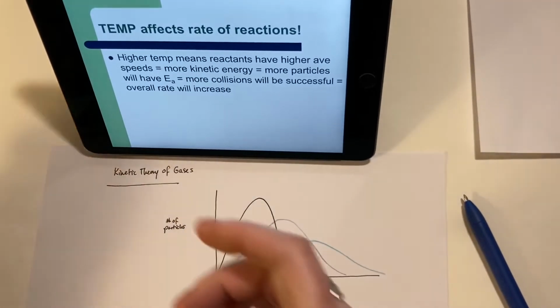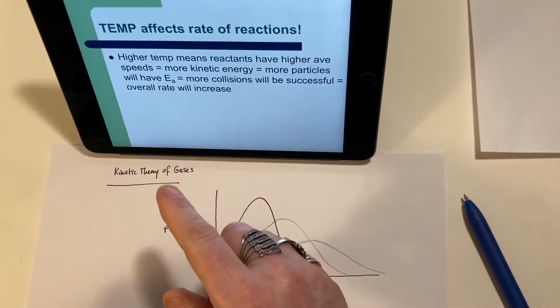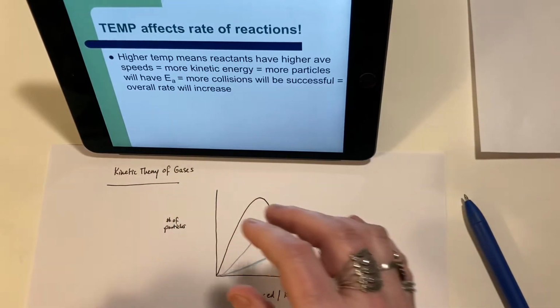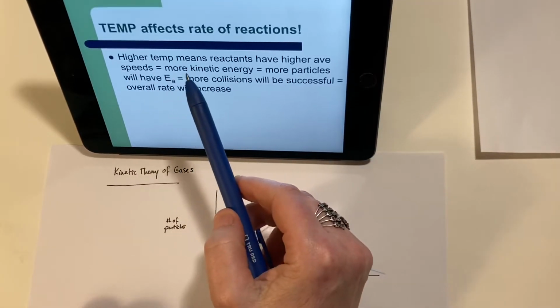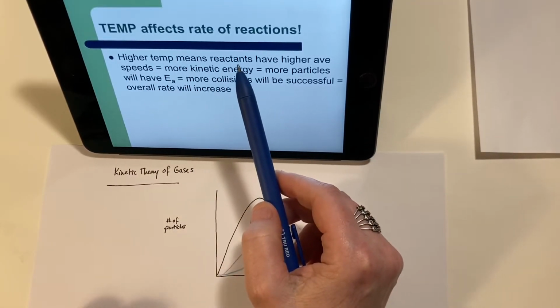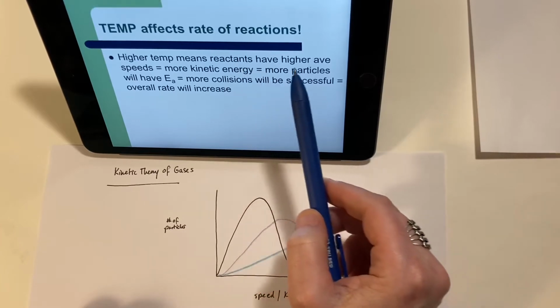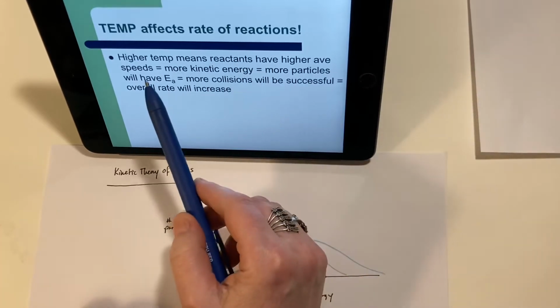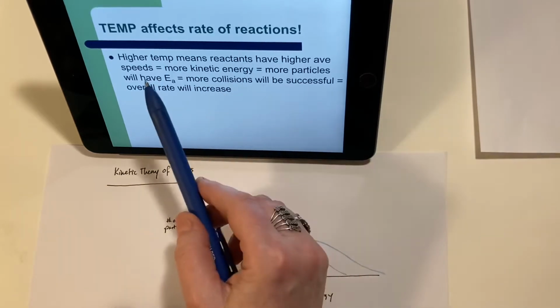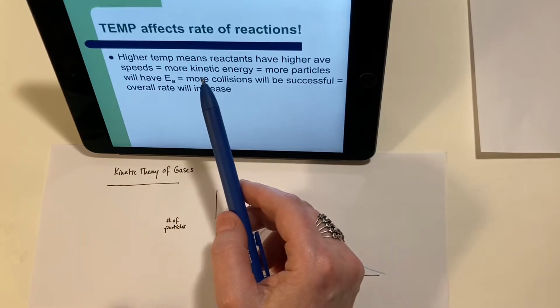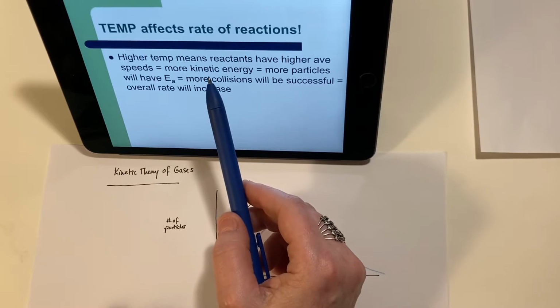Oh, okay. So we're going to talk about temperature and how temperature affects reaction rates. We know that a higher temperature means our reactant particles are moving faster. They have a higher average speed, average, right? Because they all move at different speeds. But there's a higher average speed, which means they have more kinetic